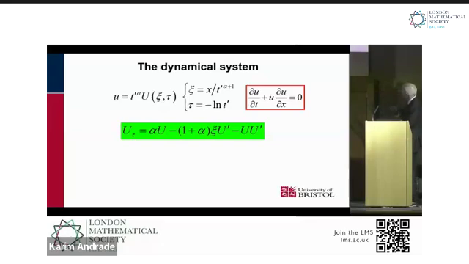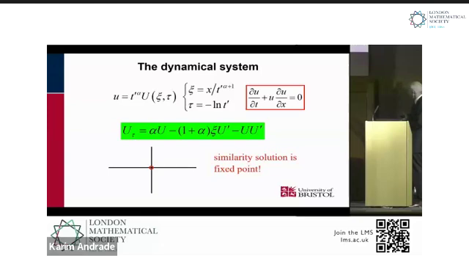is that my similarity solutions we saw on the earlier slide are solutions to the right-hand side of this equation. In other words, there are fixed points of this dynamical system, and fixed points are, of course, much easier to investigate than time-dependent solutions. So to find the stability of these fixed points, I have to do an eigenvalue analysis of these equations around this fixed point. So schematically, I'm in some